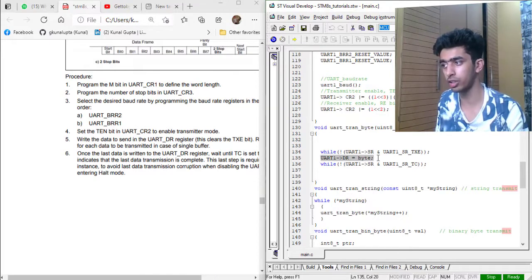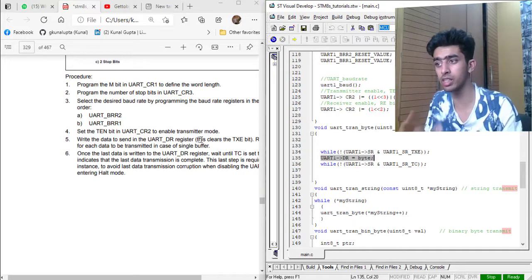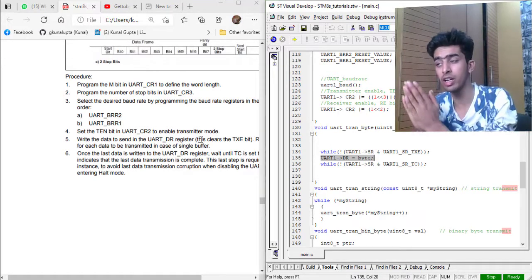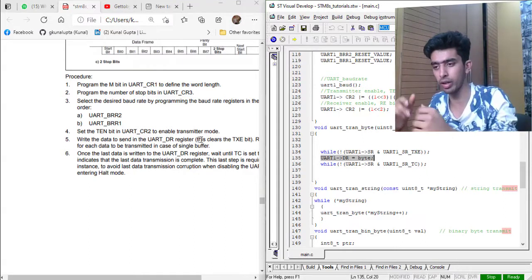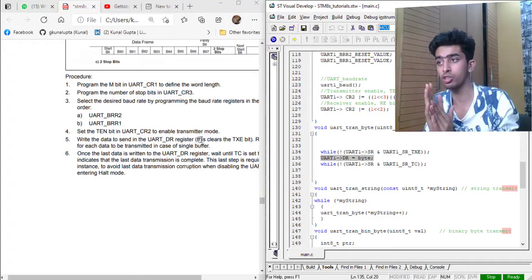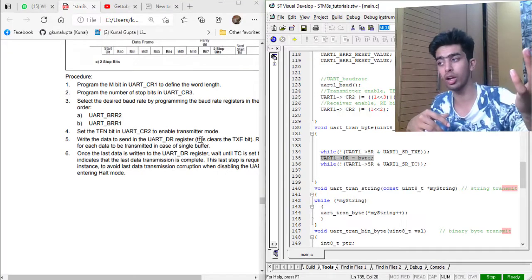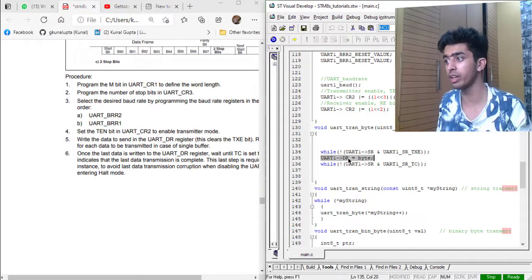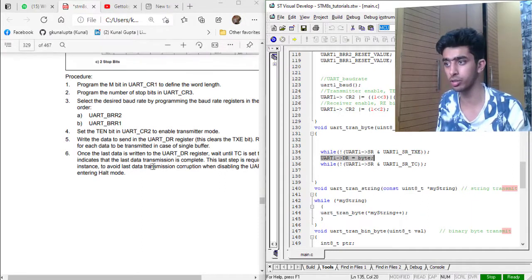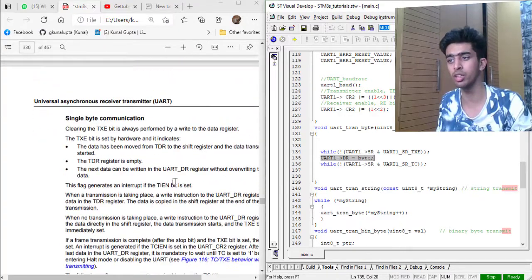Writing to the UART data register so as to send that data, and then monitor the TXC bit. This bit is set when my transmit shift register has transmitted my data to the TX pin. It means that my transmit shift register is empty, so now I can get more data from the UART data register. So polling on the TXC bit and then writing on the data register. And the TC bit is also there,